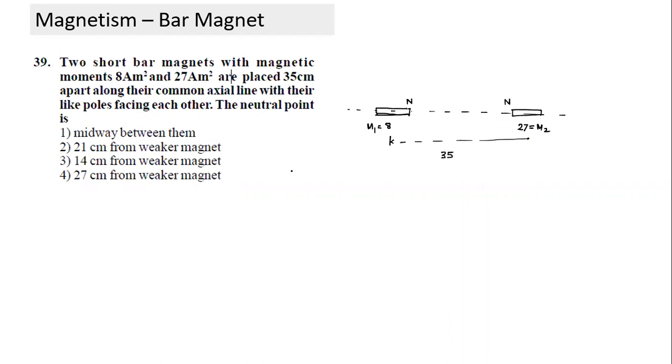Now, what are the neutral points? Simply, two neutral points will happen here. How do we mark two neutral points? One will be something like this, in between these two of them. Let's call that x1. And the second neutral point will happen here, n2, and that's called distance x2.